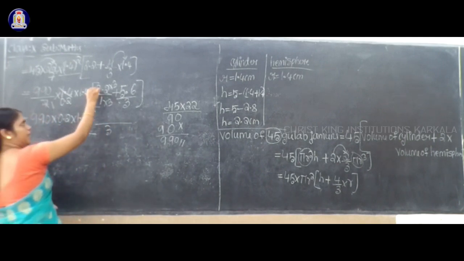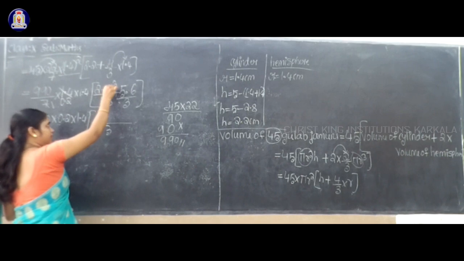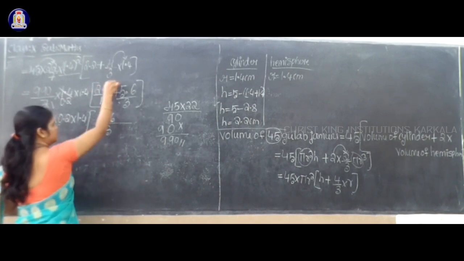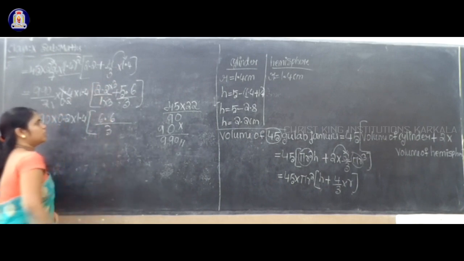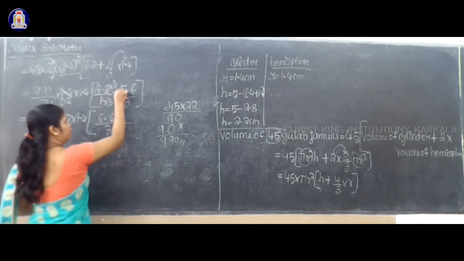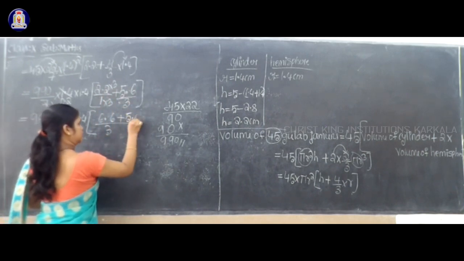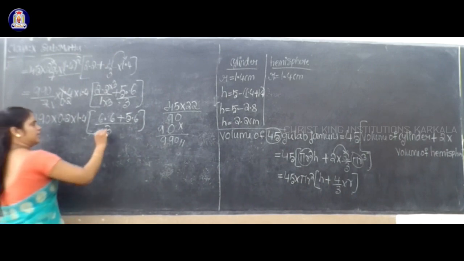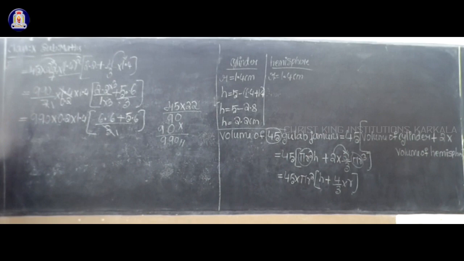Okay. Now multiply 2.2 into 3. Okay. So 3 2s are 6. 3 2s are 6. So that you will get 6.6. Okay. Plus 5.6. 6.6 plus 5.6. Okay. Students, can I cancel? 3 ones are 3. 3 how much are 990? 3 330s are 990, isn't it? 3 3s are 9, 3 3s are 9, 0, isn't it?